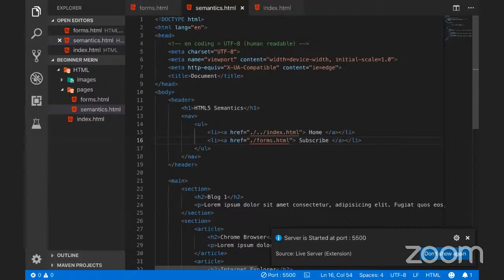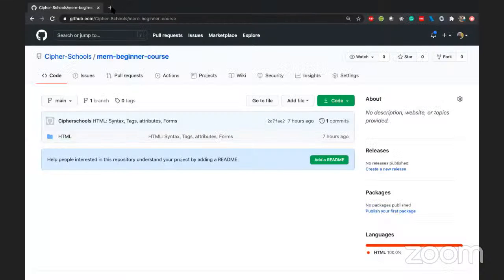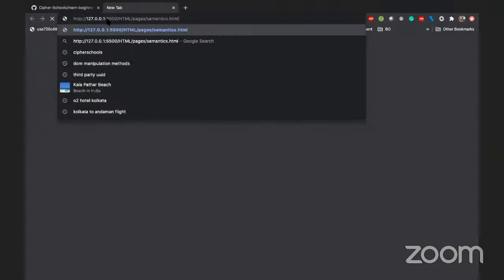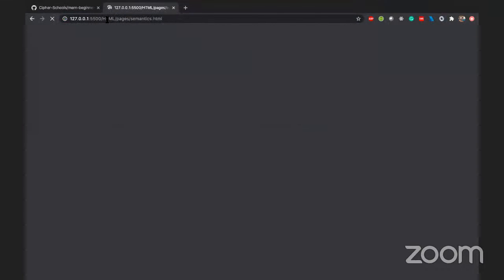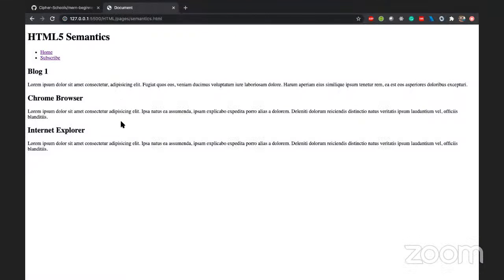And I will go back to our browser. Can you guys see the browser? Yes. Cool. So do you see any kind of change in the view or layout? Can you guys see it? No, right? So it is mostly the